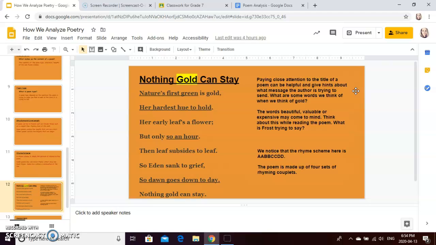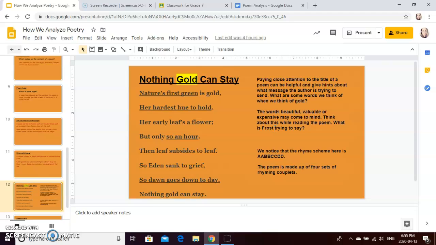So when we read the poem, what do you think that Frost is trying to say? Here he discusses nature's first green. And to me, that sounds like it is referring to the spring, because that is when nature's first green would start, after winter stops and spring begins. So in here, he says nature's first green is gold. Now, if we think of gold, that's valuable. He's saying basically that the beginning of spring is valuable, it's beautiful, her hardest hue to hold. Now, we also notice in there that there is some alliteration, because most of the words in that sentence begin with the same consonant, which is H. He's also referring to the fact that